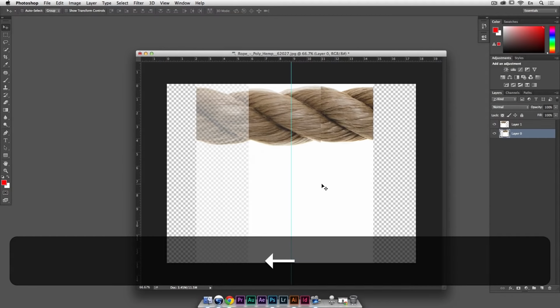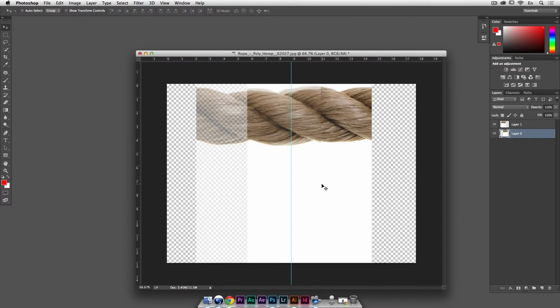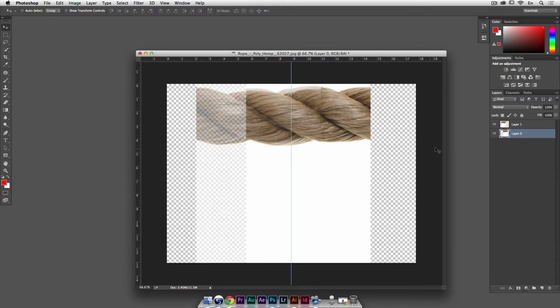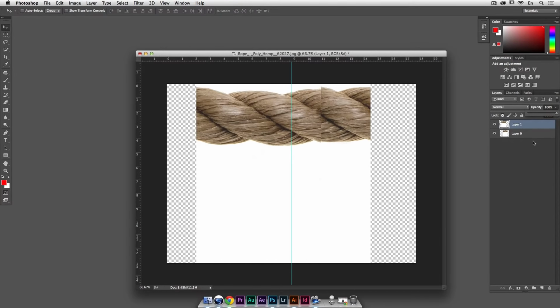I'm using the arrow keys because it's a little easier for me. Go left and right, up and down. I'm trying not to go up and down. This is supposed to be fairly straight, which it's pretty close to. So if I do something like this, I know it's not perfect, but I'm going to now blend these two